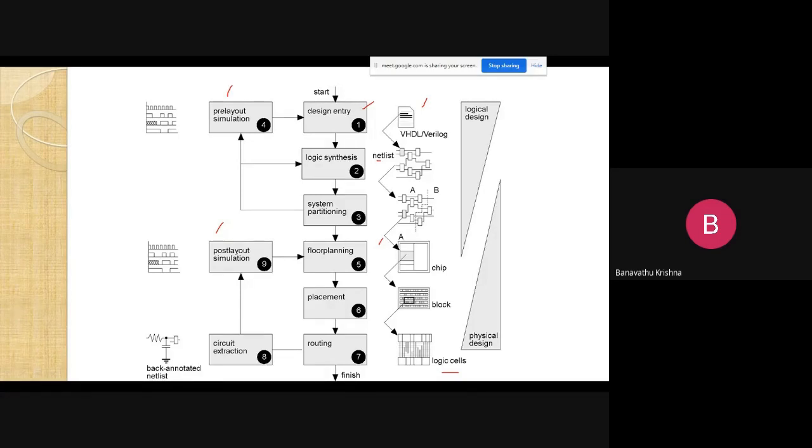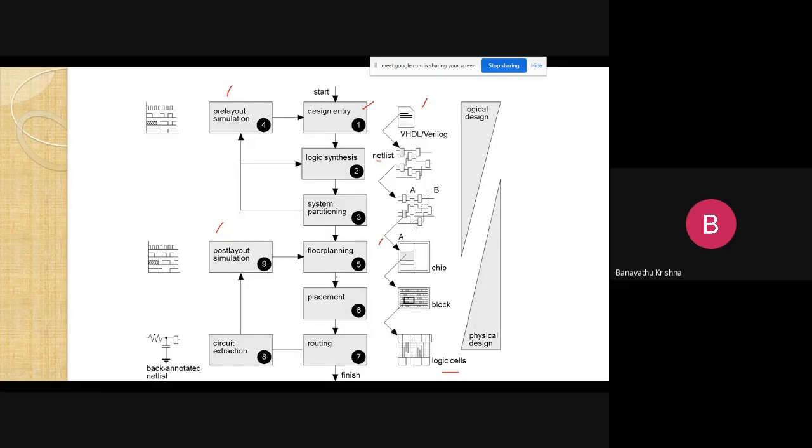If any problem occurs in post-layout simulation, we check all those things. Our requirement is basically a very small system size, very high speed, very low power consumption, and low cost. Some input and output ports are also required.